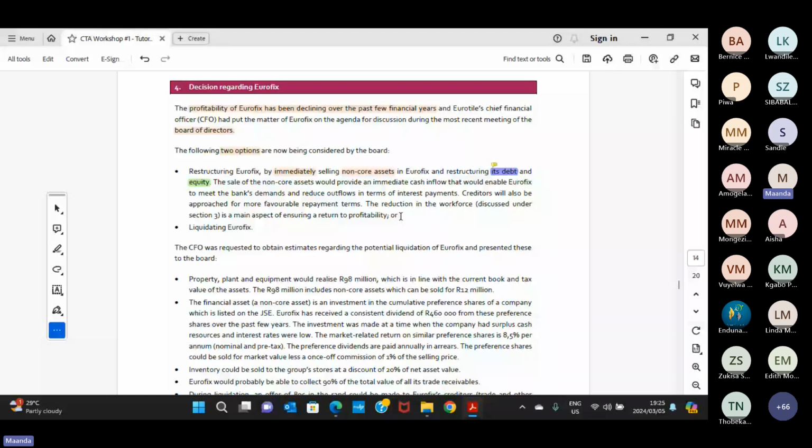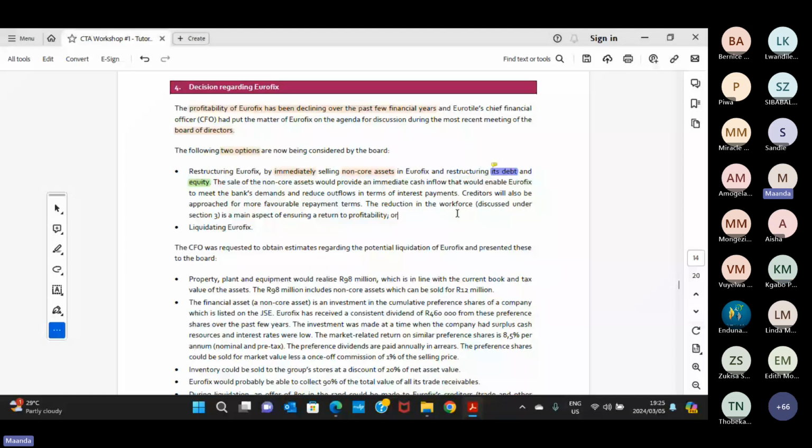So it means all these things. If I'm saying I'm going to restructure debt, it means I'm going to renegotiate. So I'm going to see how I renegotiate from what I'm doing now into something that's going to be beneficial for the company. So you then can say, I see that you're considering restructuring debt, and this might then include